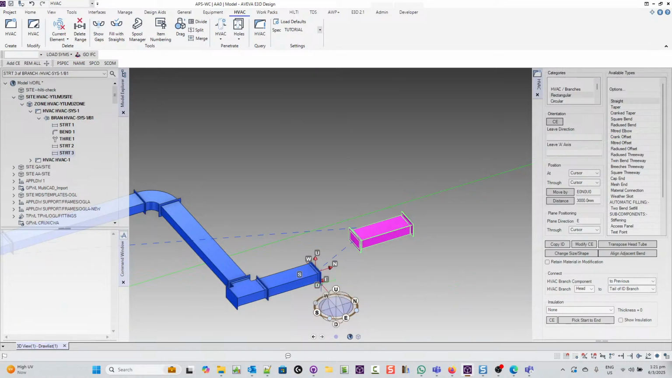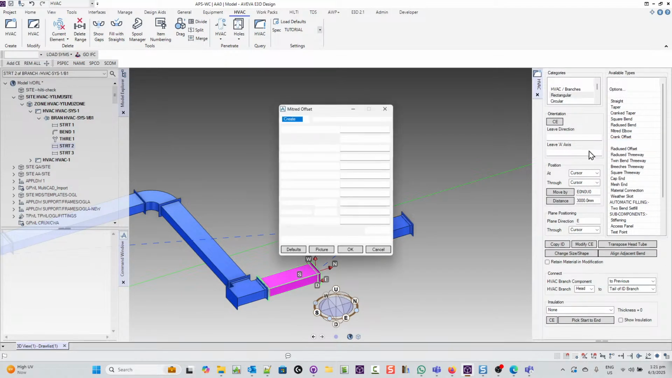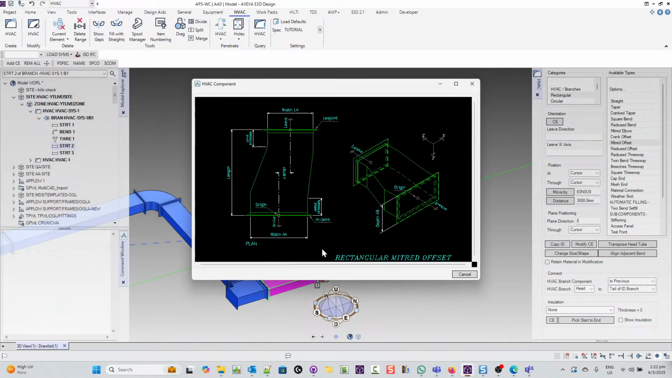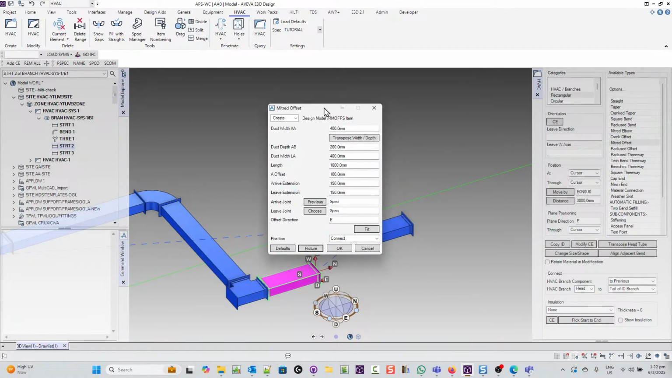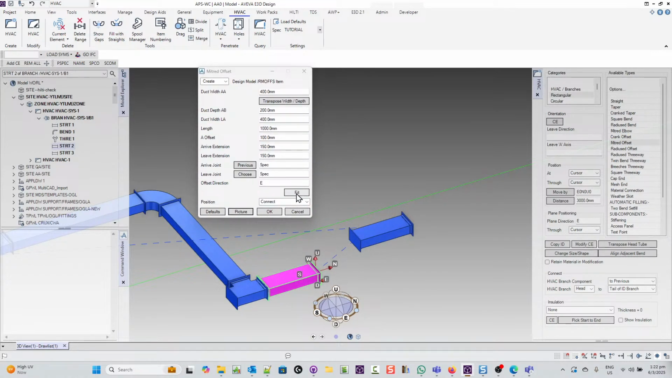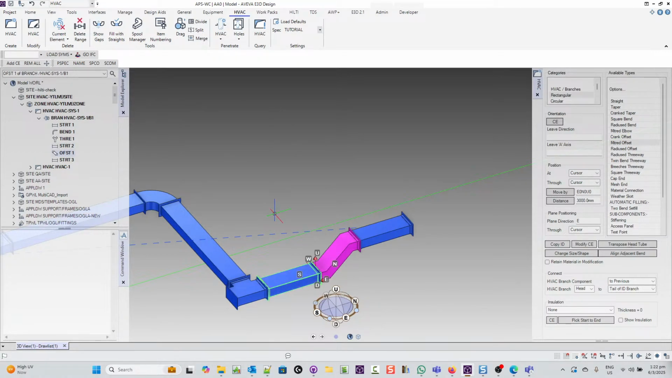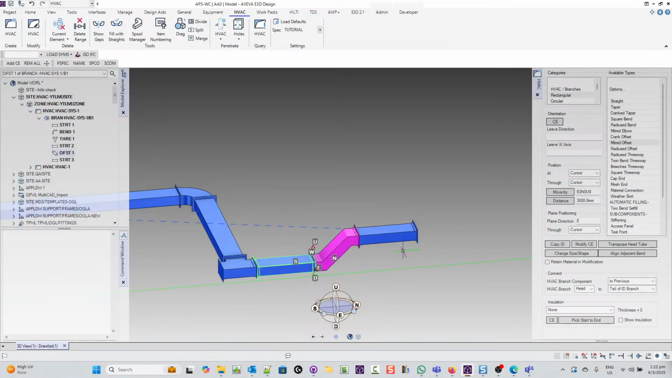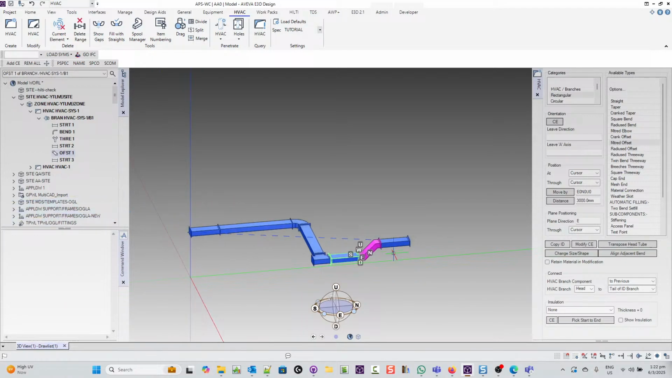Okay, then what can I do here? I can click on this guy and I say I want a miter offset, maybe. I take a look at the picture. Okay, this is what I want. And then you say okay, fit. Okay, so it will then actually give you the bend required. All right. So if this is done, you can go back to HVAC and you can say connect branch tier